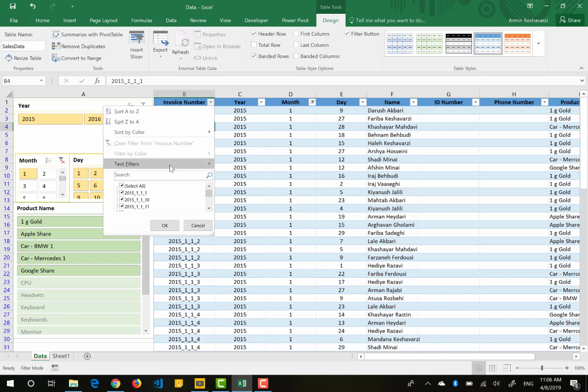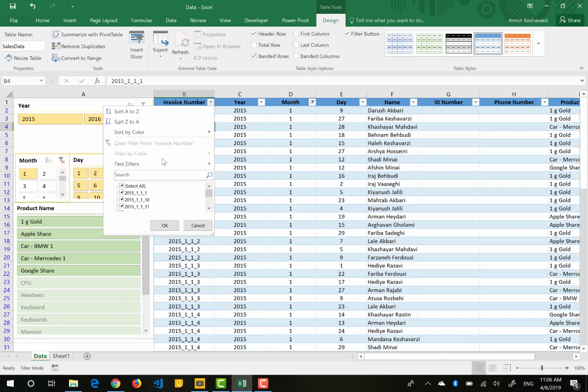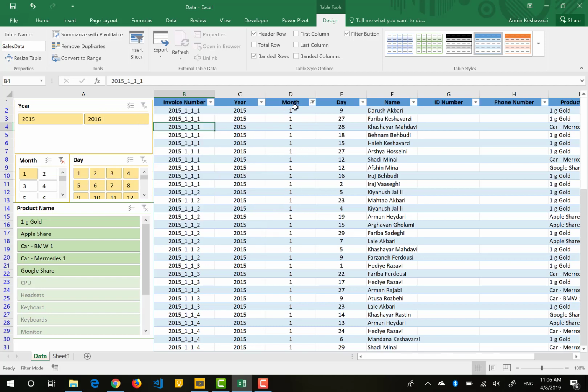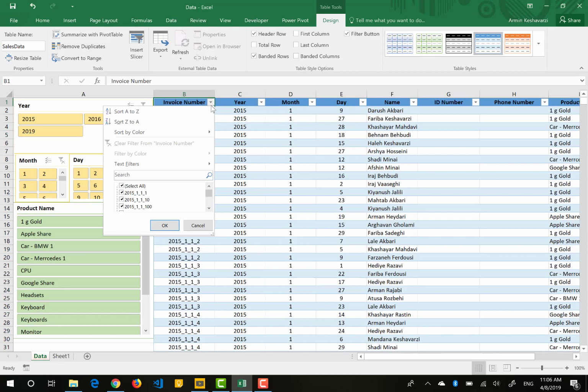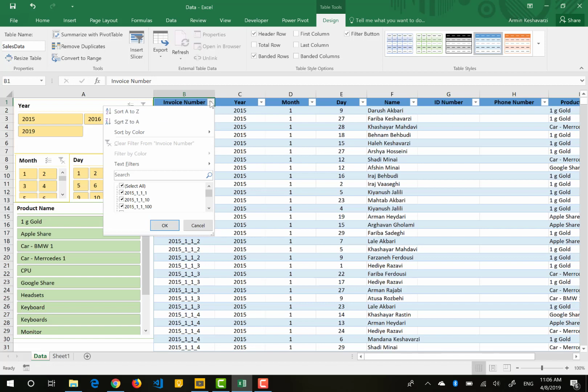For example, if you click on the filter button, you can see other options. This is a bit of the sort options. We will talk about the sort options and other sorting properties that Excel has. You also have some properties for filtering. If I clear the previous filtering, and you go here, for example, now in column B, the first column of your table, you want to filter this data based on some text